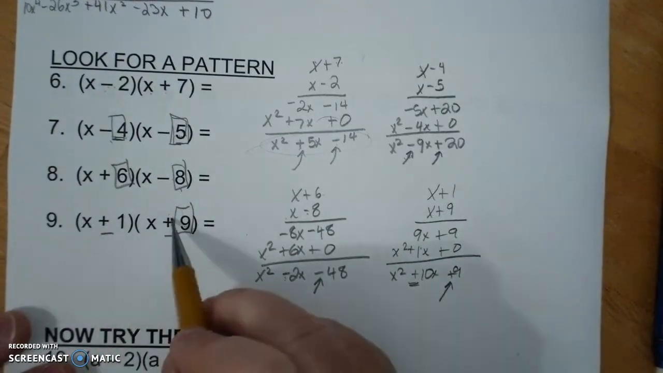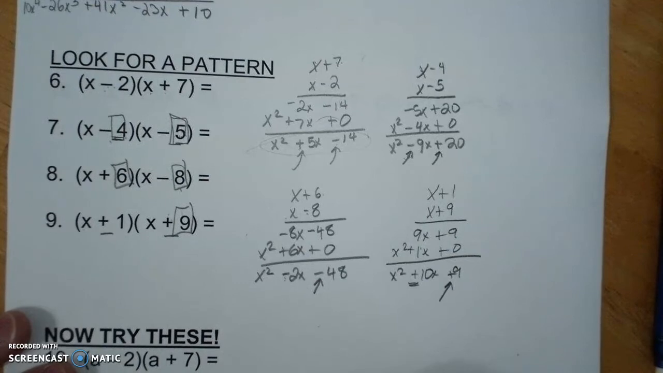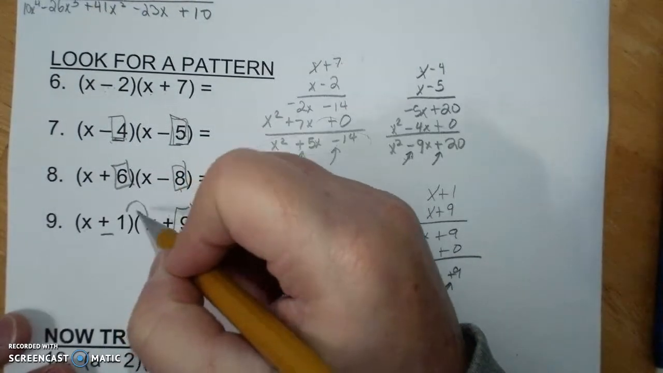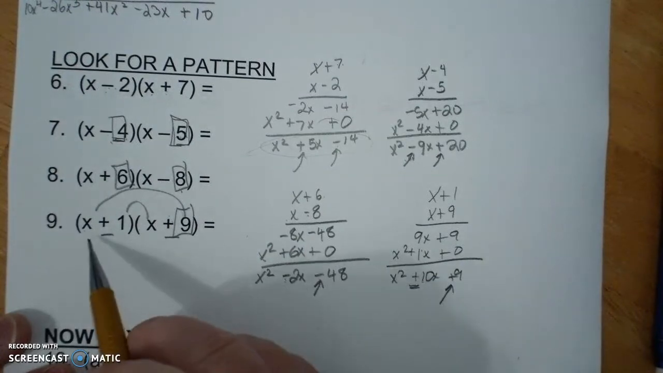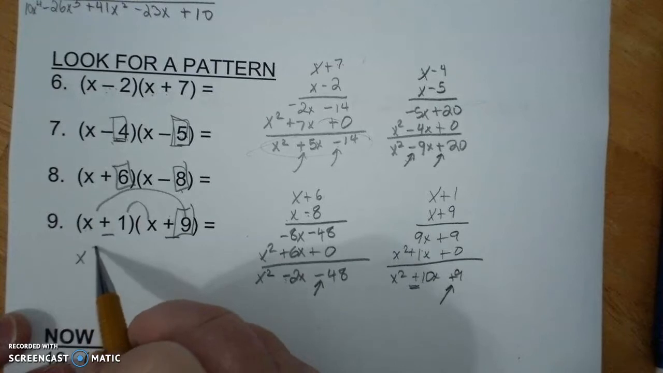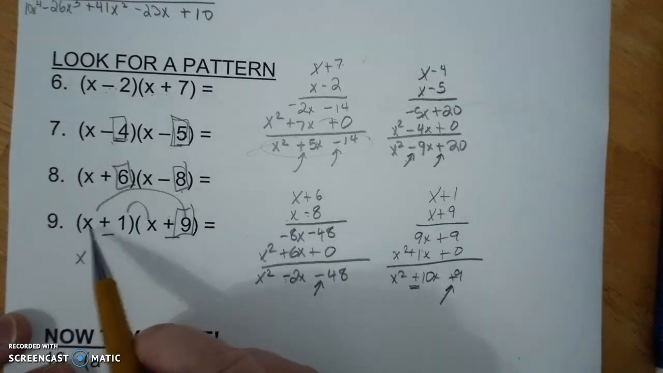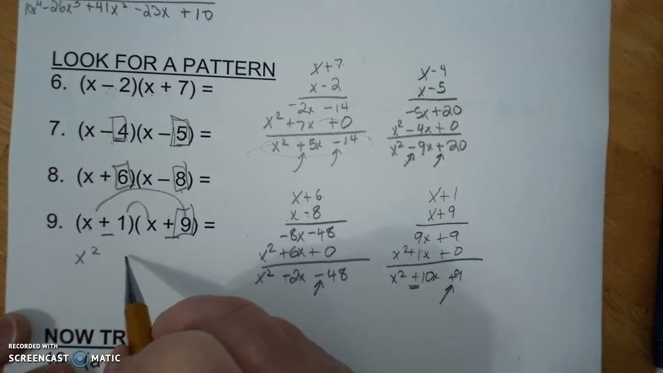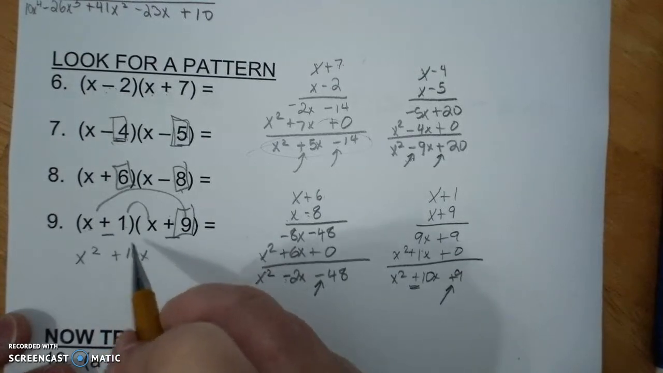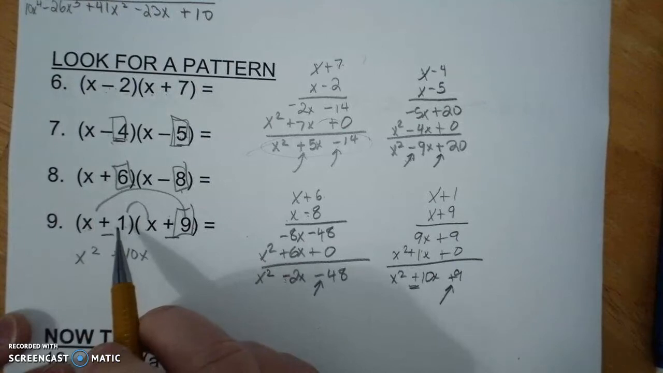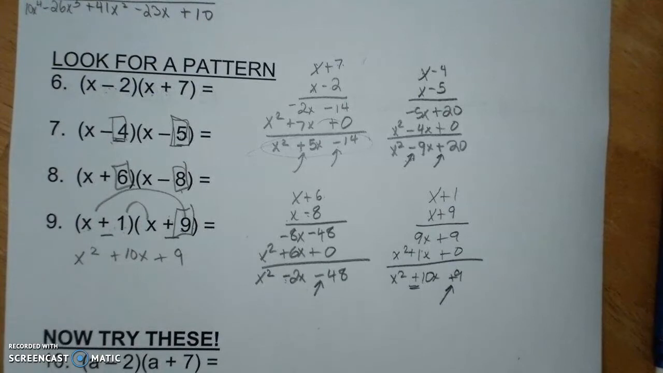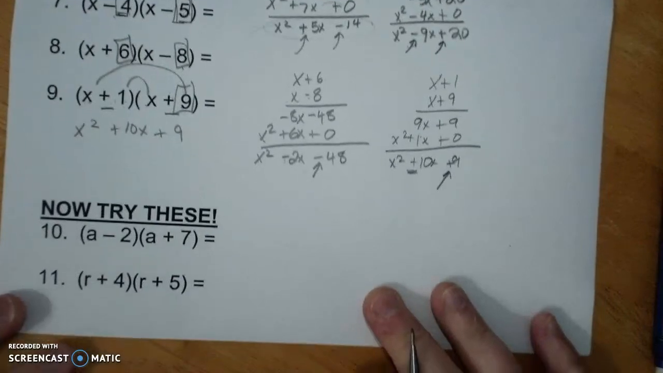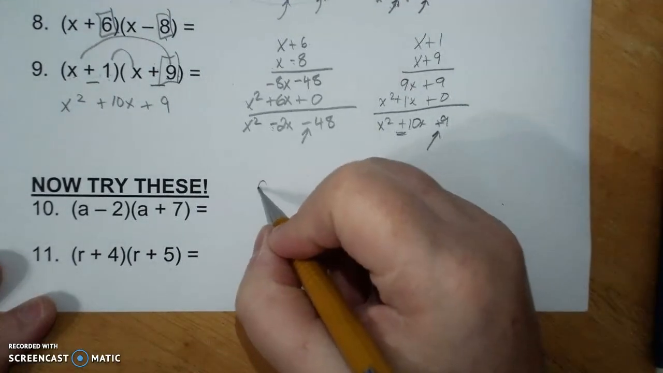Now, when they're like this, some people do what's called rainbows. Here and here gives you your middle term. So, first times first gets you x squared. 9x and 1x is 10x, and then the numbers go together, which is 9. It's a little harder to do that. Some of you can manipulate it. I prefer you not do it at the very first. Okay, a minus 2